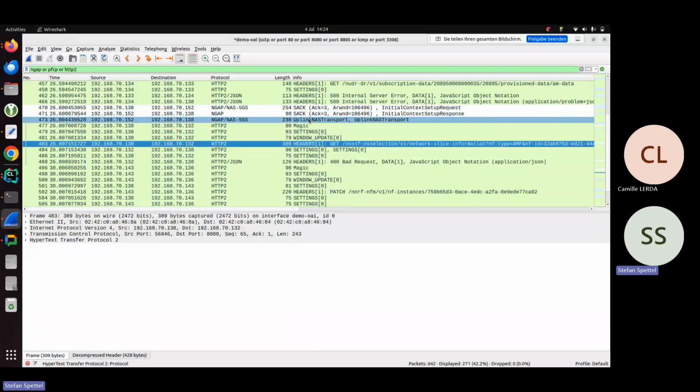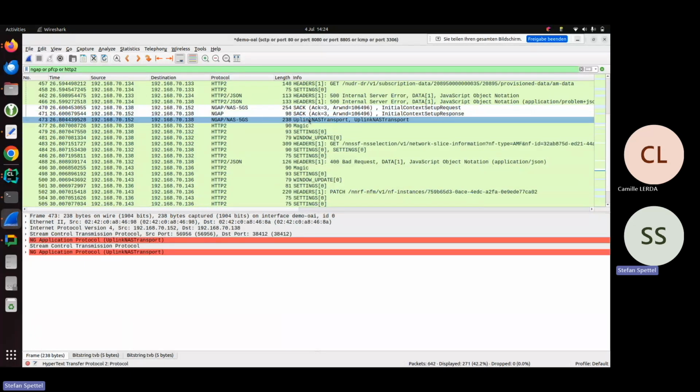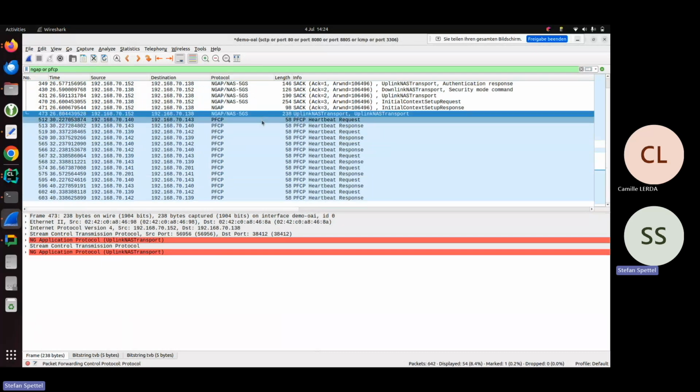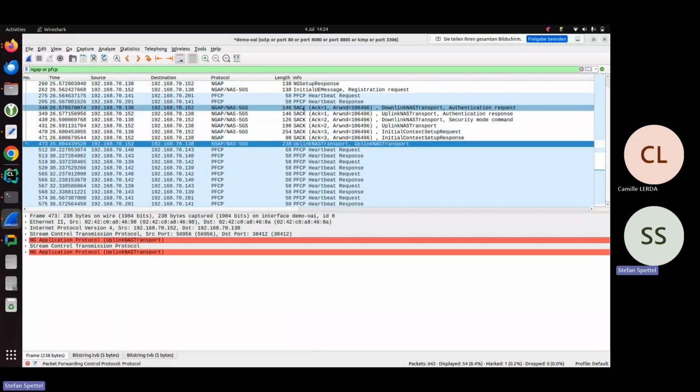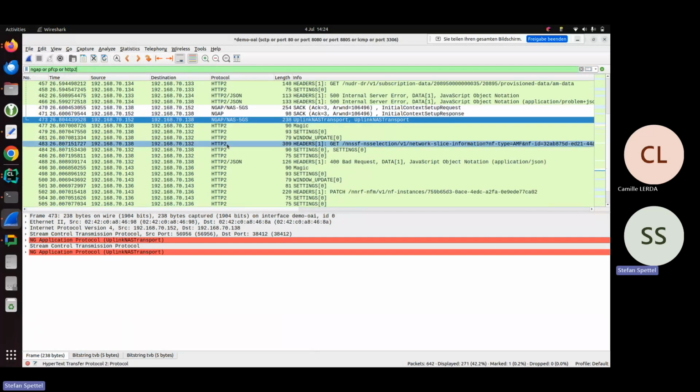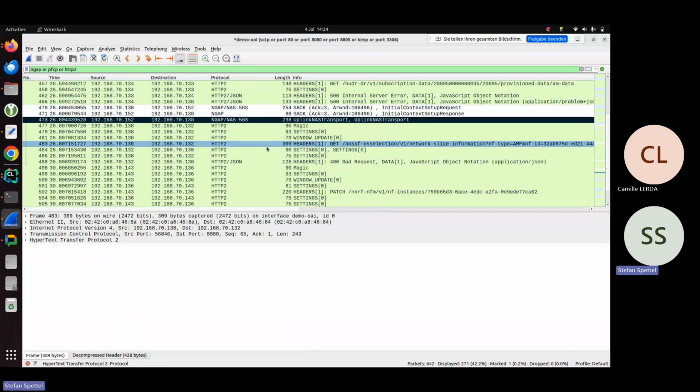Because the way it is working now, we get from the UE the PDU session establishment request at this point. It is encrypted, so we don't see it, but we know that this message actually contains the PDU session establishment request. And here we had all the authentication that already worked. Now we can check what the AMF is doing. And now that's actually interesting because the AMF is